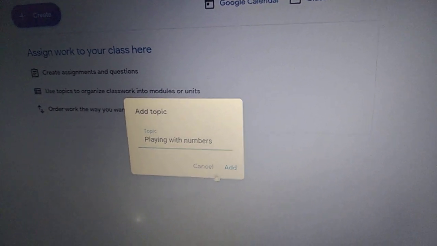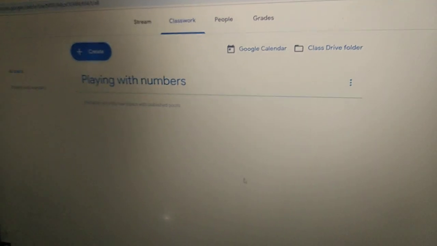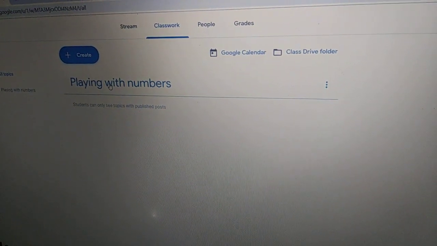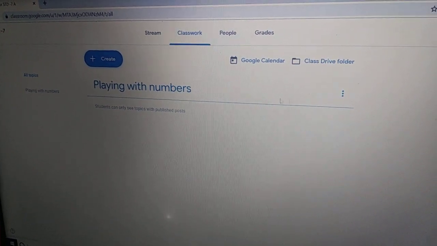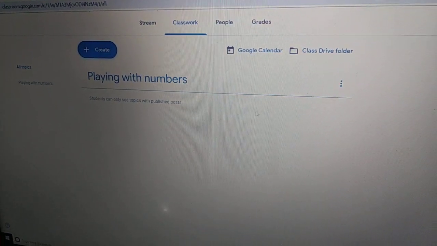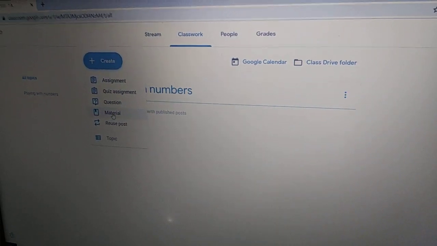Playing with numbers. Okay, add it. The moment I have created it, you can see a topic has been created, playing with numbers. Now if I want to provide anything, say for example material, here I'm going to write introduction